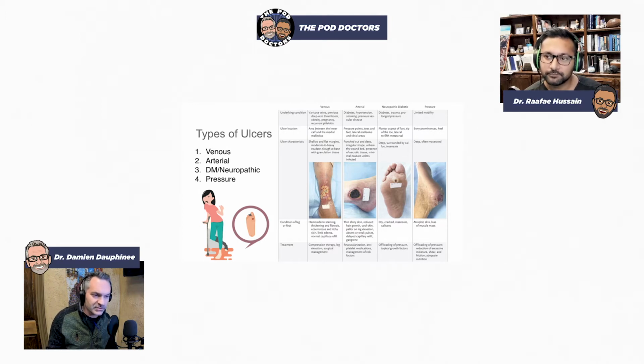We can get them onto a knee scooter. We can do some things to offload and then get the wound closed, and then get them into diabetic shoes. And if that works, then they won't get the wound back in the same place. If that doesn't work, then you're really forced to at least entertain the idea of surgical correction of the deformity. And then that's a surgical offloading that can be extremely effective and is more